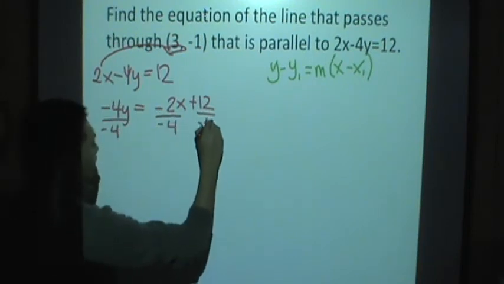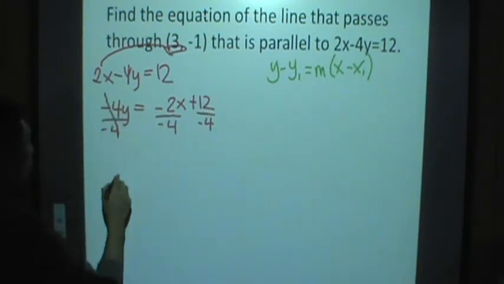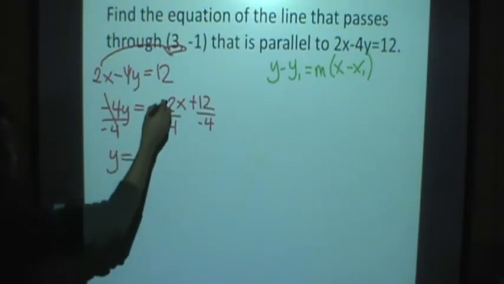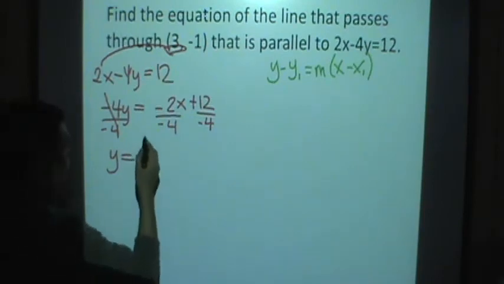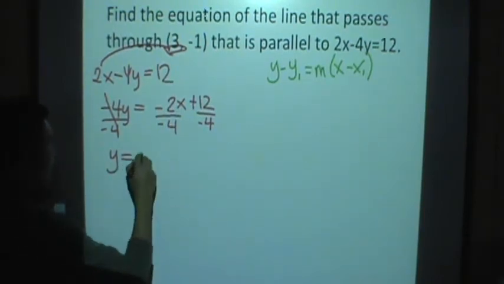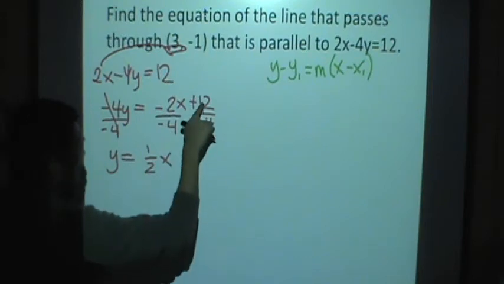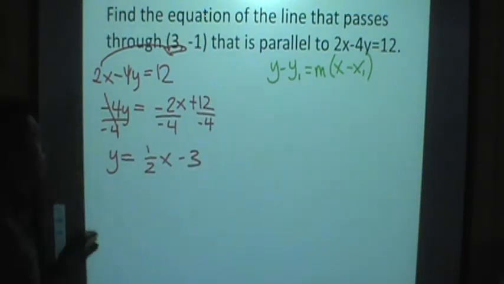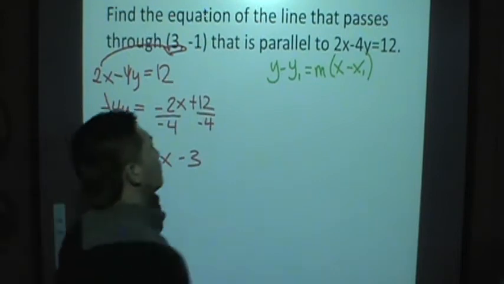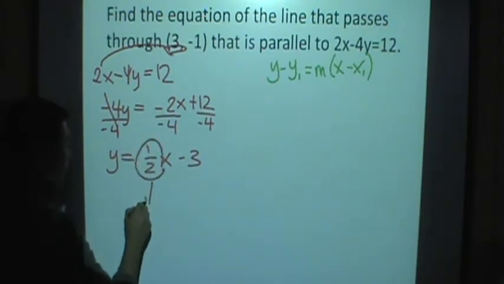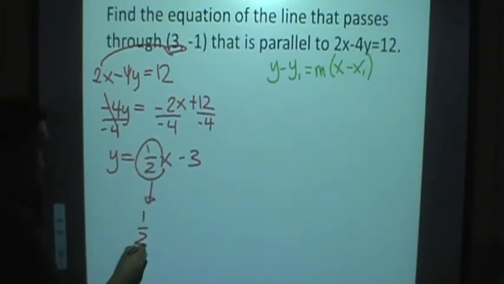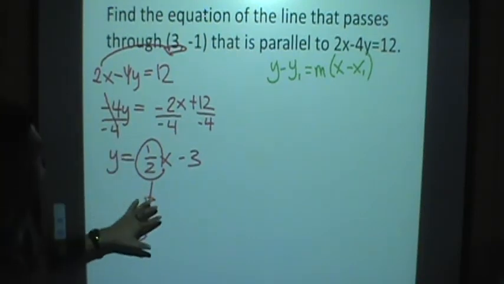The reason why I'm dividing everything by negative 4 is because I need to have y alone. Now, I have negative 2 over 4. If you use your mental math or calculator, negative 2 divided by 4, and then math enter, is going to give you 1/2. And 12 divided by negative 4 is negative 3. The reason why I did this is because I need to find the slope. Having y equals mx plus b will help you find the slope, which is now 1/2. Okay? Now that we have a slope,